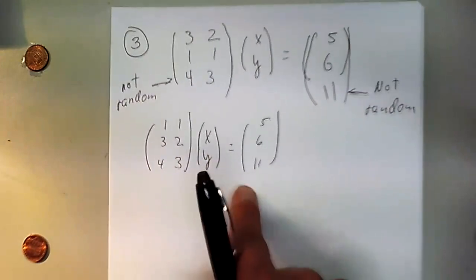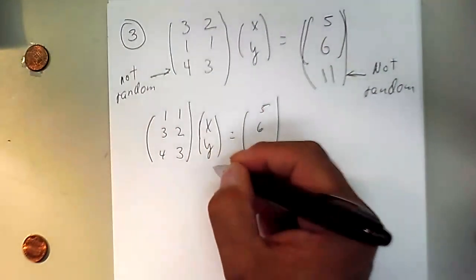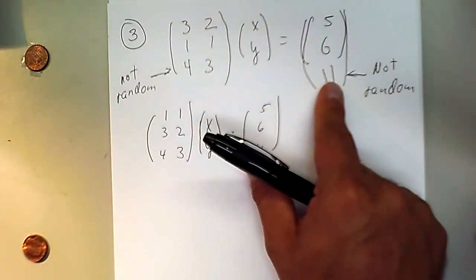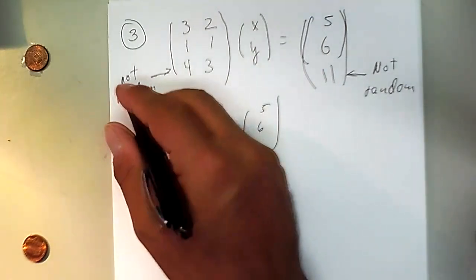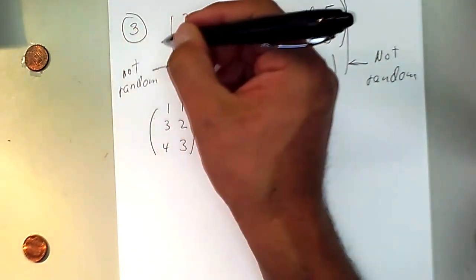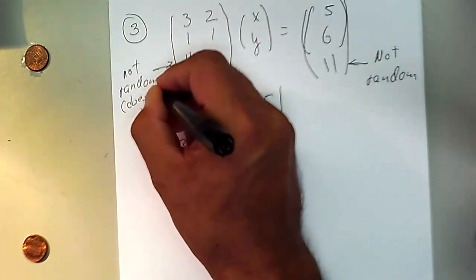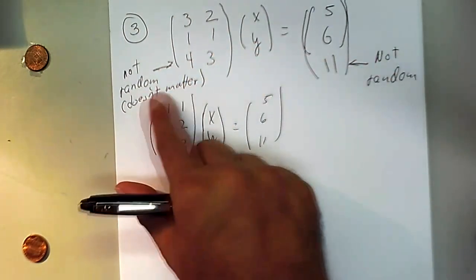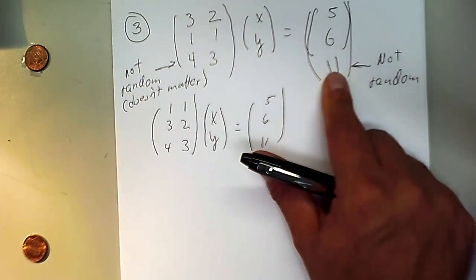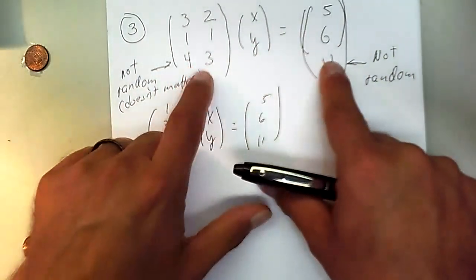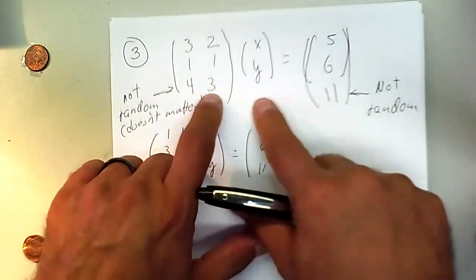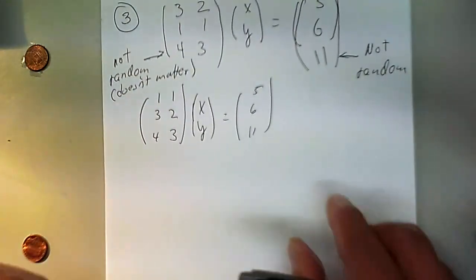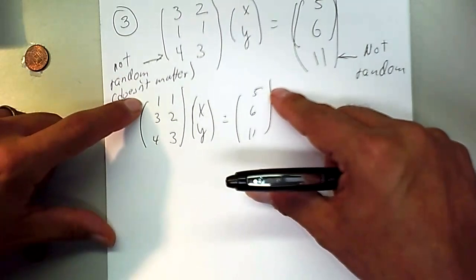So the 11 is not random, just like the 4 and the 3 were not random. Actually, this is the one that is important that is not random. This one could be random, may or may not be random. It doesn't matter. Although that varies. It could matter if this is picked at random. So what I'm trying to say is those three are in concert. They work together, or they may not work together. Anyhow,